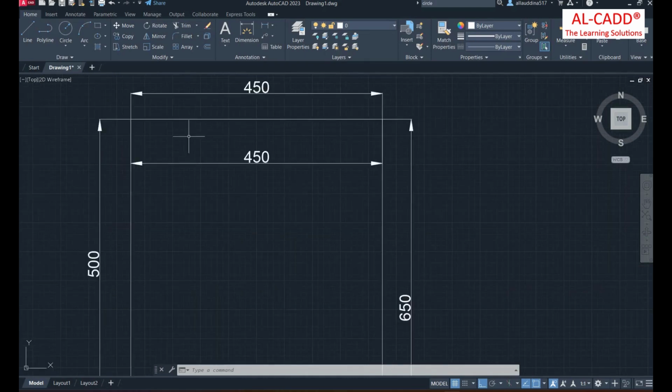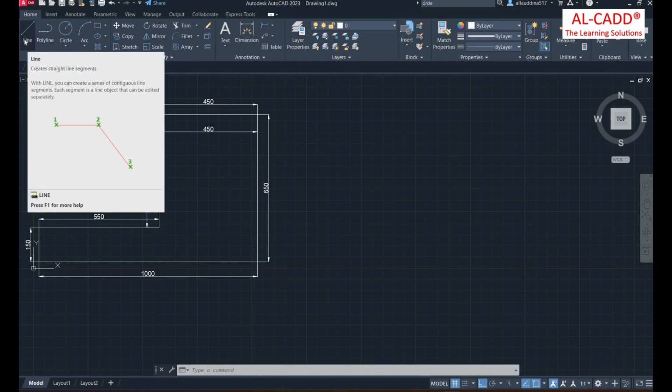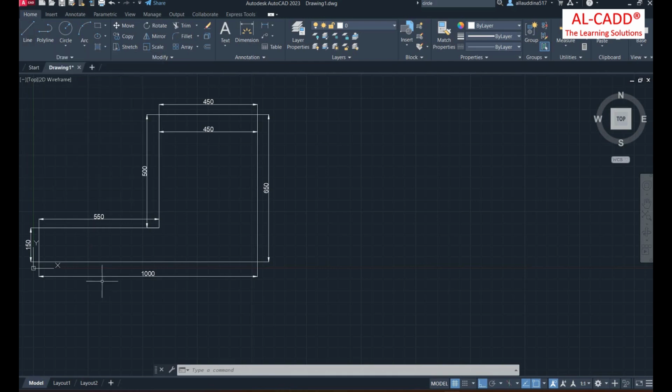Okay, so like that, next we have seen now that polyline. So before polyline, I'll just show you how you can draw the line with an angle. See, now I have simply taken the line, and with a straight line, 90 degree, I have taken. Suppose if you want to use this line,